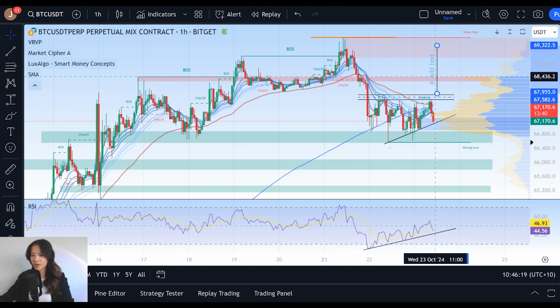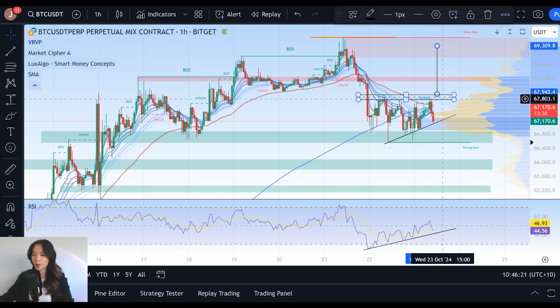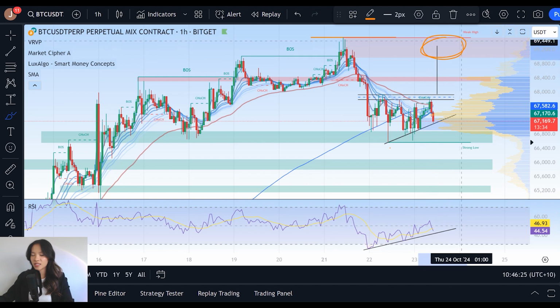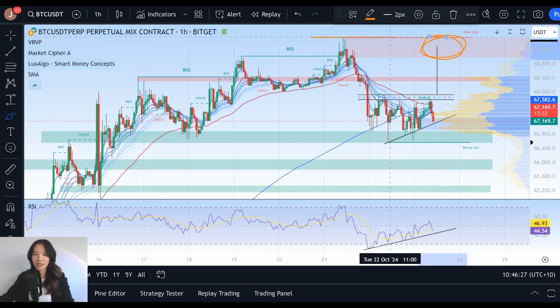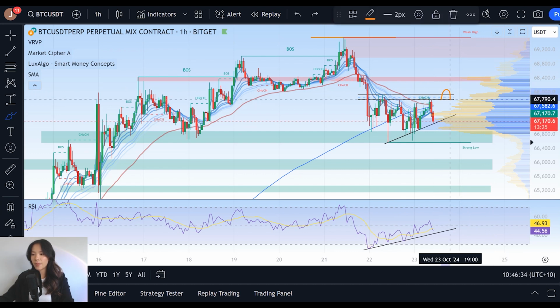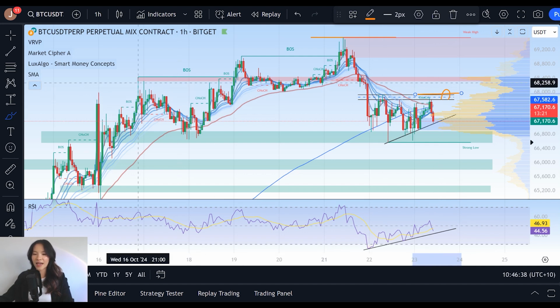Right, so applying that to 67.9, we go right in to retest this range of resistance here on the hourly chart, ending at $69,500. So what that breakout's going to look like is, first of all, a candle close on the hourly time frame above that upper level here at 67,920, and then a move to retest the next level of support here at